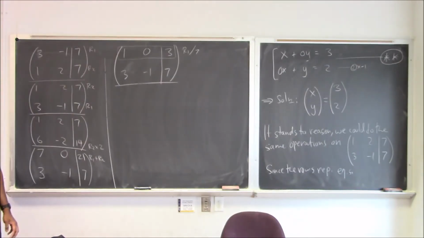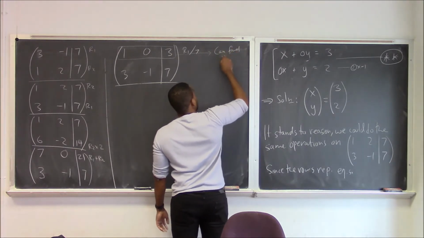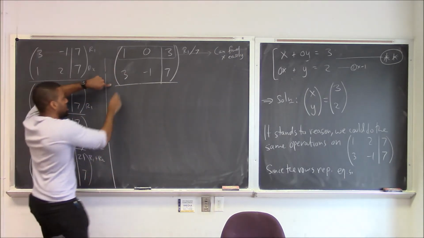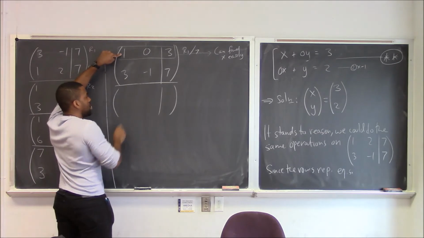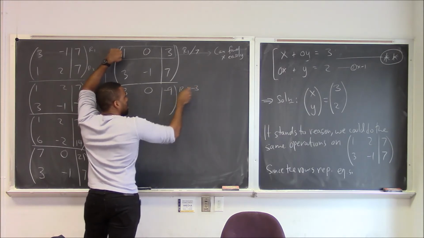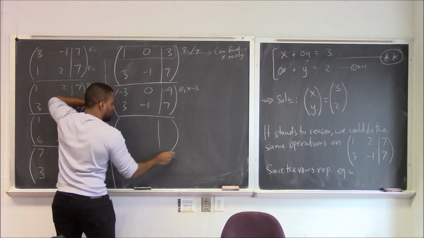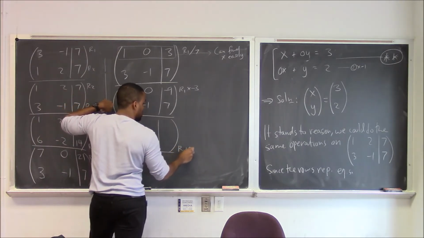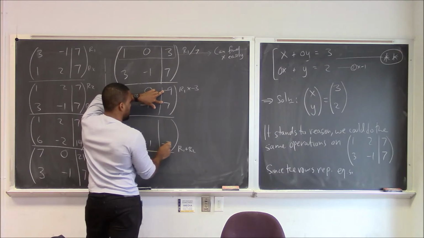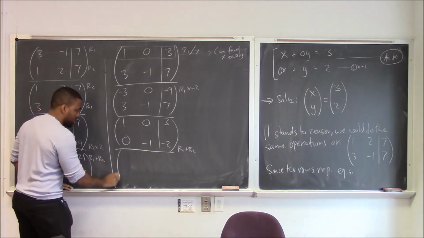And we wanted to do the same thing with the x. So this guy allows us to find x easily. But we continued, because we want to do the same thing with the y. So what we did here, we multiplied by -3. So I took row 1 from the previous step, multiplied by -3. And then I changed row 2 by now adding the 2 rows. Add these two, I get 0. Add those two, I got -1. Add those two, I got -2. And ultimately, I could finish that step